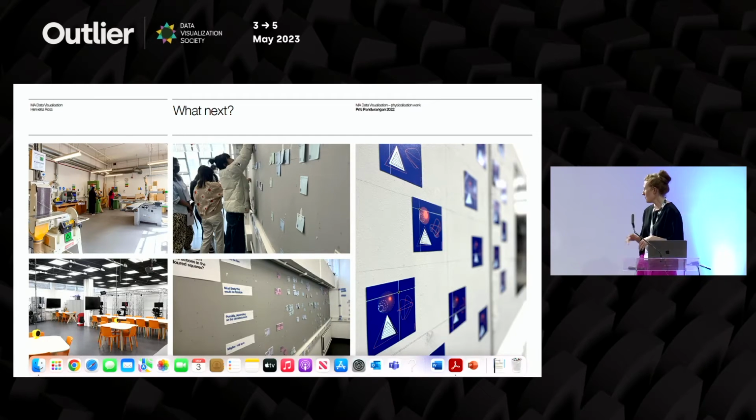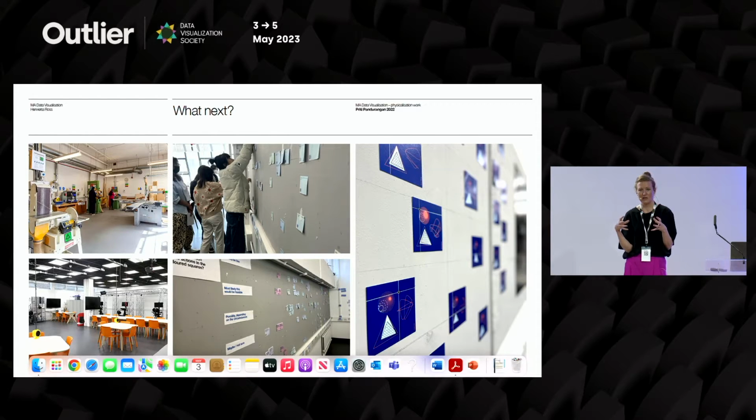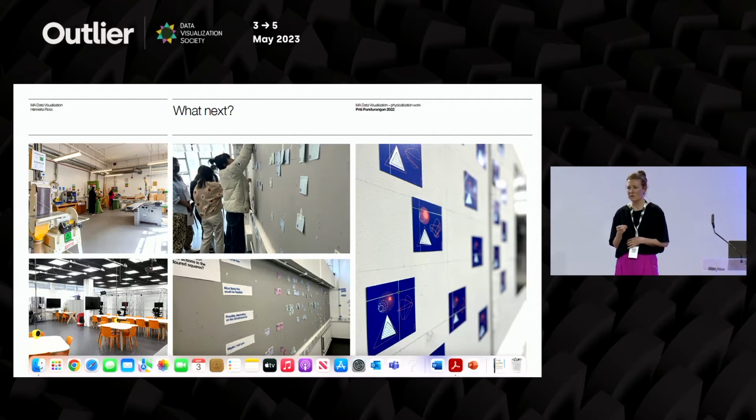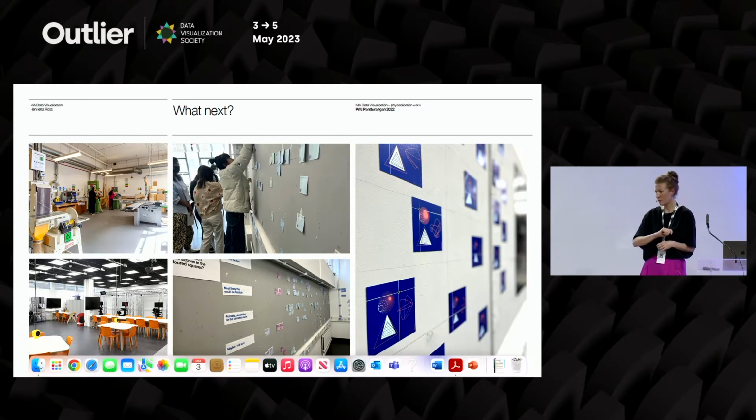So briefly, I thought I'd touch on what next with this area of practice. I think one of the strengths of it is that it's not defined, and a lot of our work in this area is designed to support the interrogation of unexpected territories. But I think one of the things that we've been noting with participants more recently on the course is, while a lot of the projects we've looked at